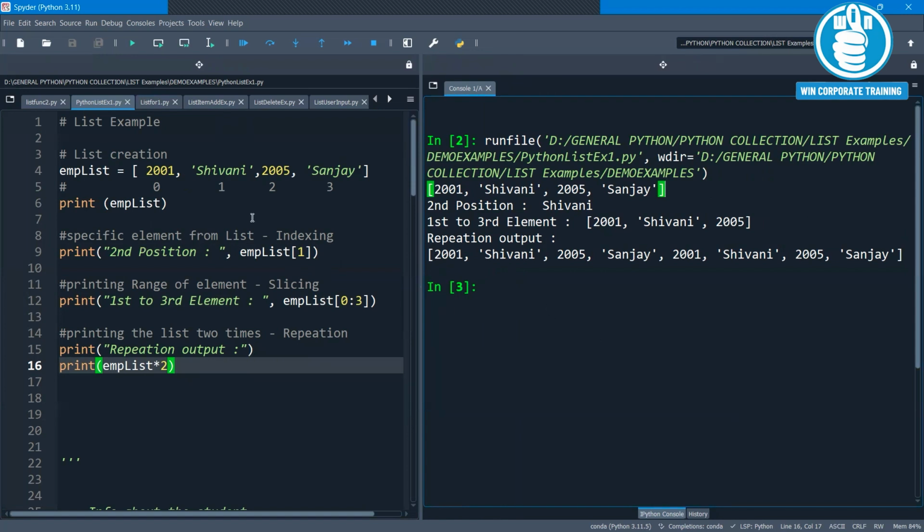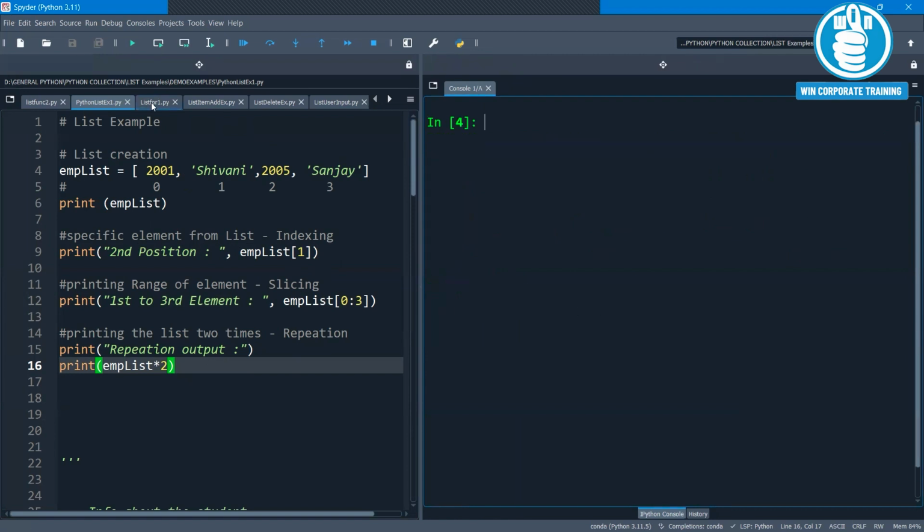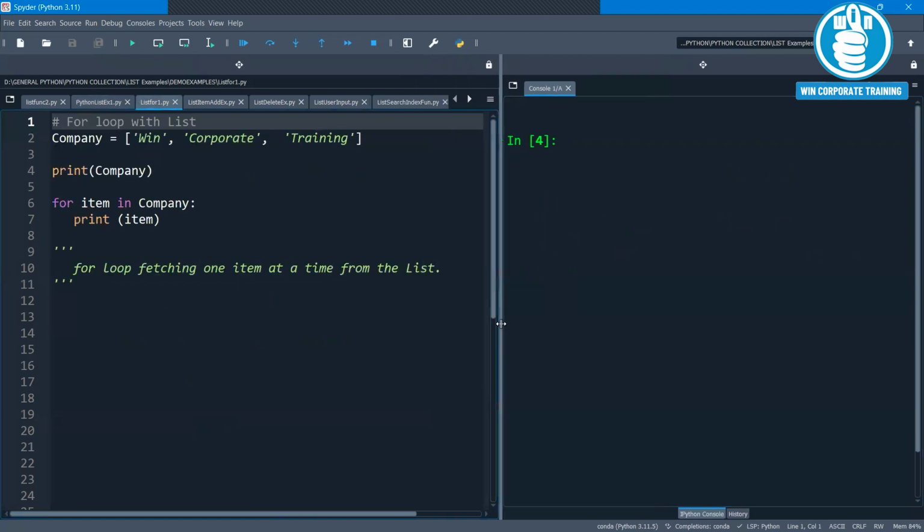How to use a for loop on the list. Now let me show the first example of how to use a for loop on a list. We have a list here with 3 values and I have used the for loop here. In this particular example, the for loop will iterate starting from the first item in the list.